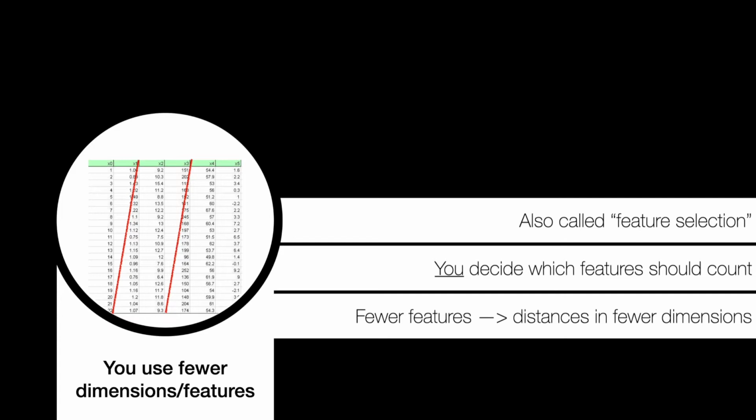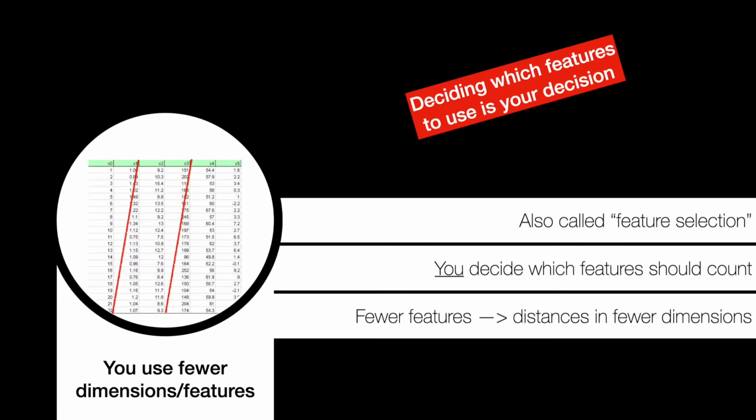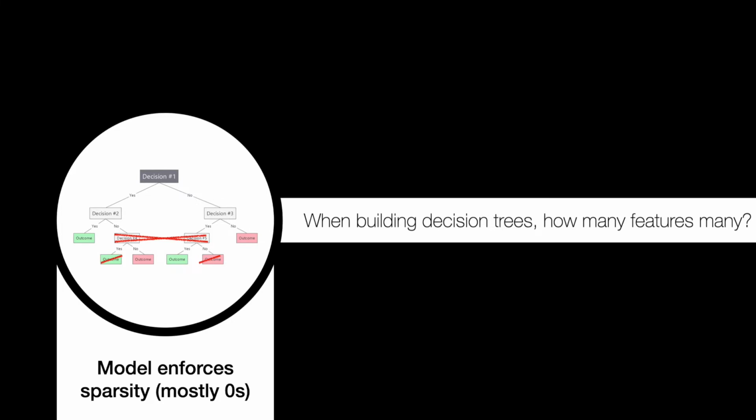rather than, as I've mentioned, in the high dimensionality case, where distance becomes less meaningful. But crucially, deciding which features to use is your decision. In this model sparsity question, when you are building the model, you can have the model sort of incentivize or